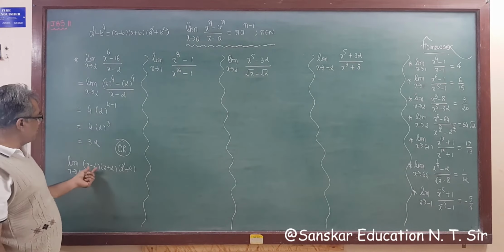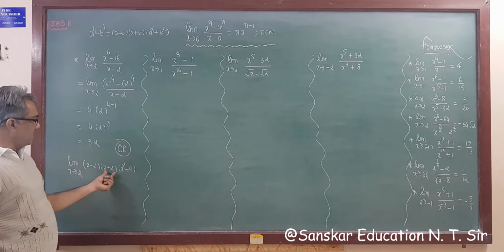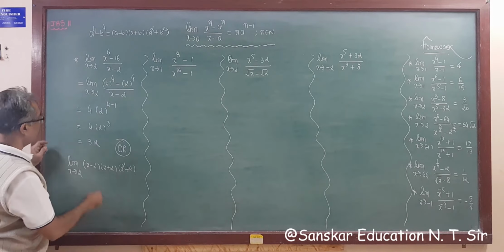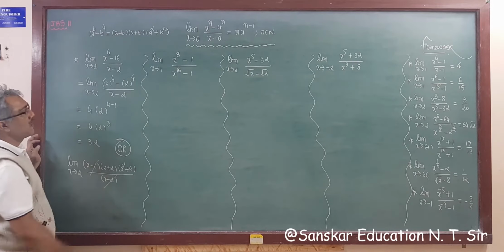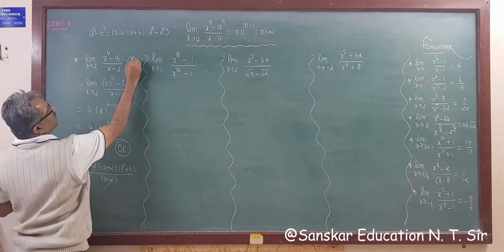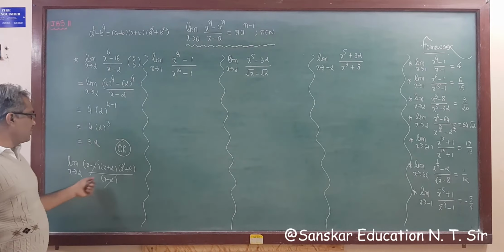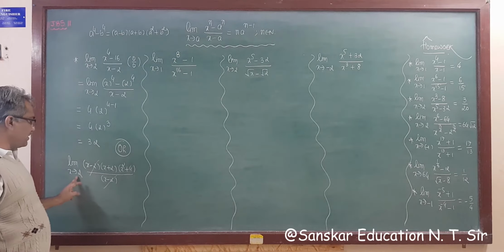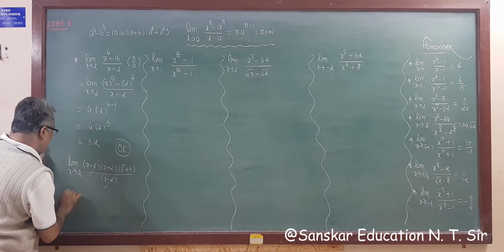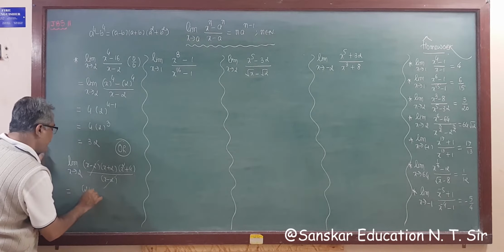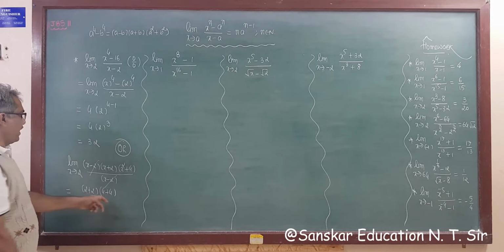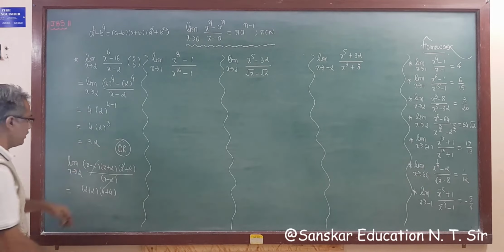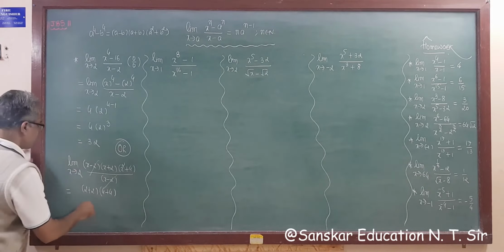So x minus 2, x plus 2, x square plus 4, whole upon x minus 2. So this will be cut, because this is a 0 upon 0 form. Now this is not a 0 upon 0 form, as the denominator is removed. So substituting the limit directly, we will get 2 plus 2 into 2 square is 4 plus 4. So 8 into 4 is again 32. So your answer will be the same. So you can adopt any method in exam, but